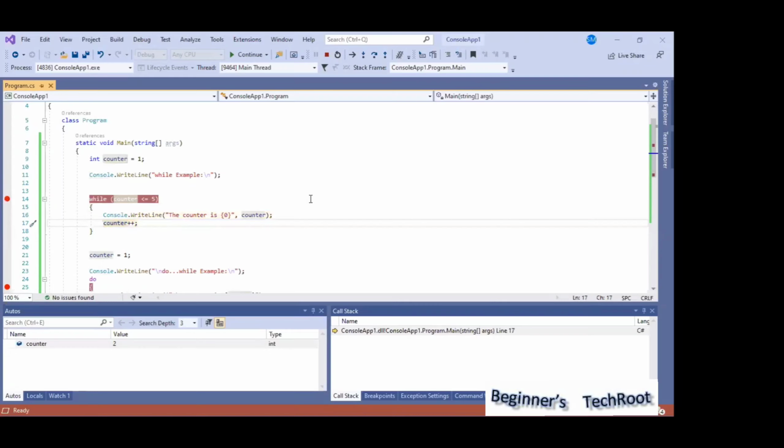so it's written on the screen. Value 2 is written, and now the value became 3. You can observe this below. Like that, I'm pressing F11. Value 3 is written, and now it became 4. Again, 4 less than or equal to 5 is satisfied, so it's executing. Now the value became 5.